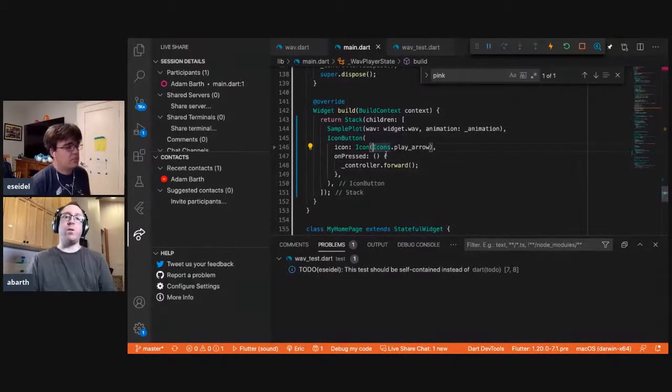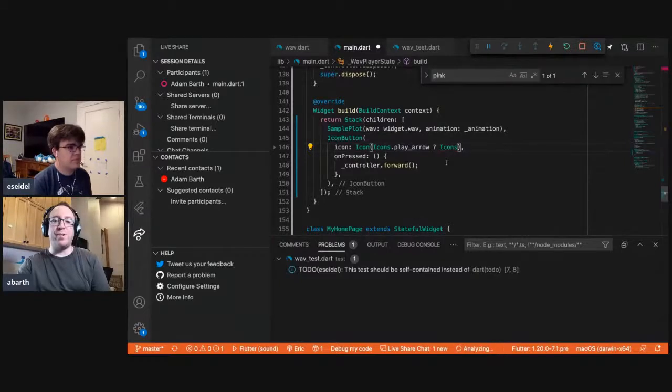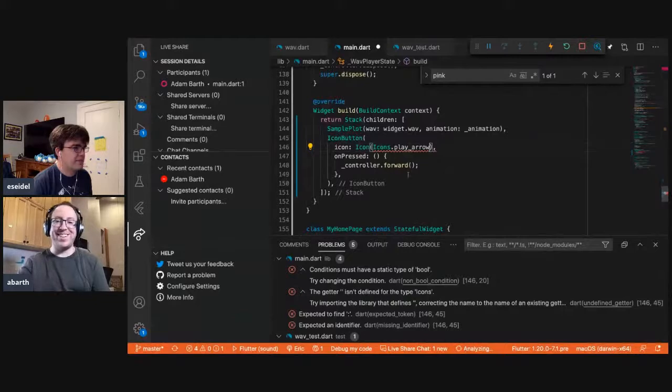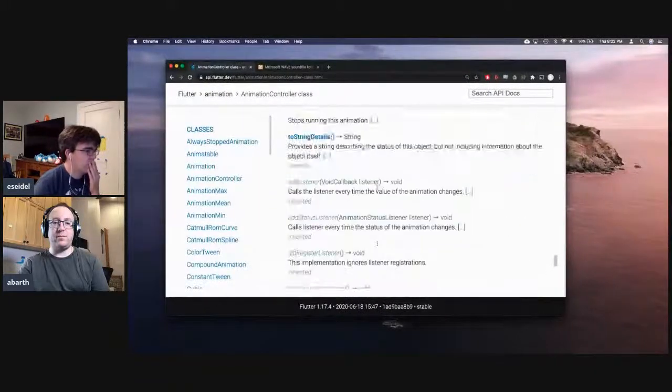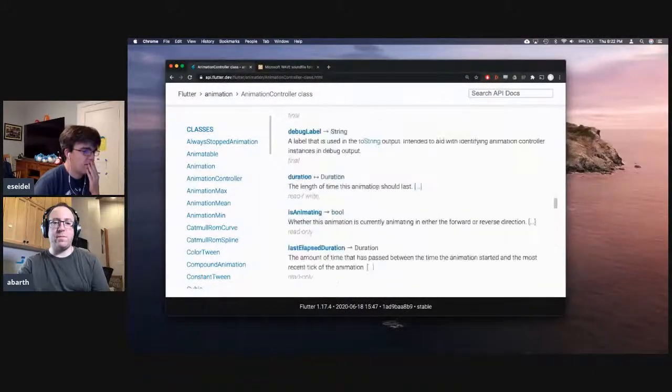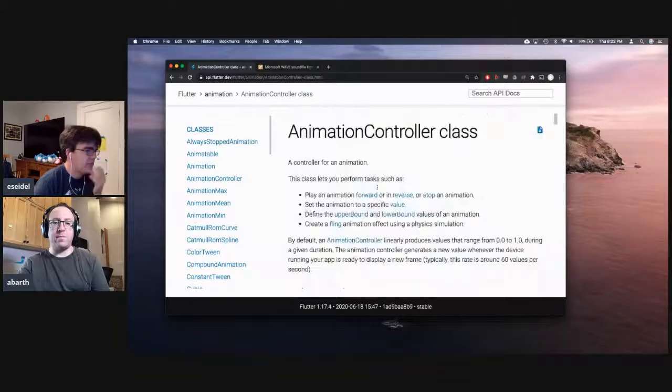So I think what we want to do is, I think you're about to do exactly what I was thinking, which was we want to sometimes show an arrow and sometimes show the two bars. Exactly. So we have to figure out whether the controller is currently going or not, which I'm sure it has a property to tell me that, like playing or something.